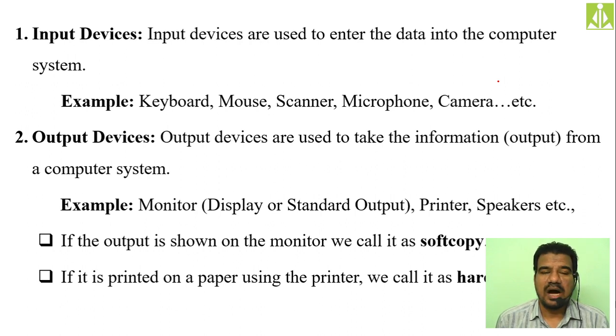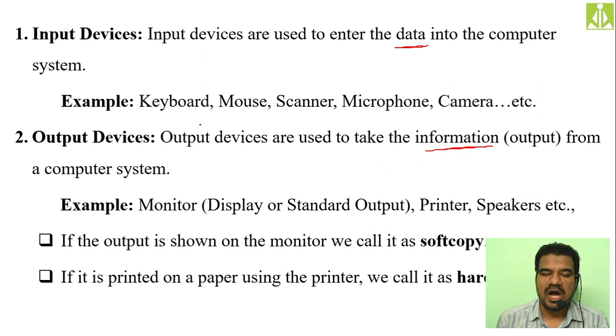Okay, then output devices. What sort of output devices can we have? First of all, why are these output devices helpful? They are helpful in taking the information. Whenever we are talking about input devices, we are saying data, and whenever we are talking about output devices, we are saying information. The difference between data and information I have explained already in my previous session. Data is a bulky thing, information is a specific thing. So a bulky thing we give as an input to the computer, and a specific thing, information, we retrieve from that data.